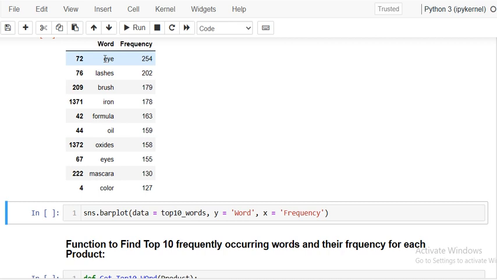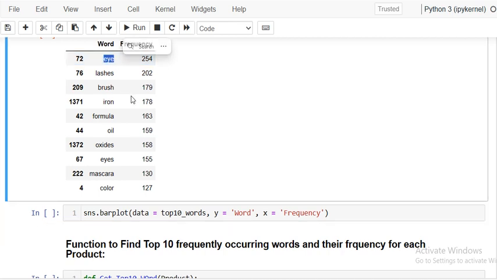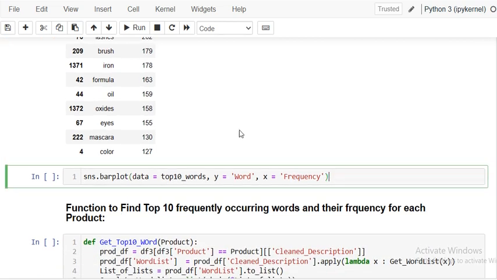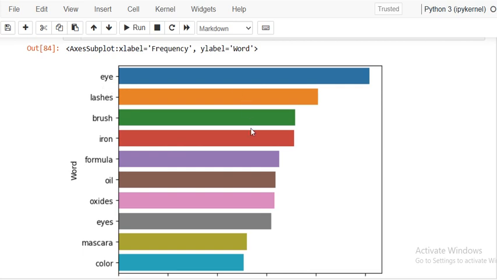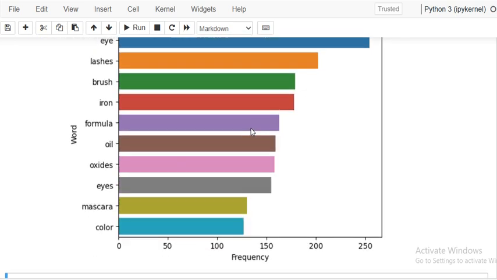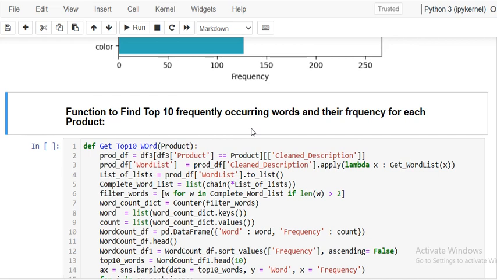So you can see that in the eye makeup, the most frequently occurring word is lashes, and brush is there too. Okay, so you can visualize this by using a bar plot, and in the bar plot you can see the top word is eye. Okay, so if you want to do it for other products also, like foundation, lipstick,